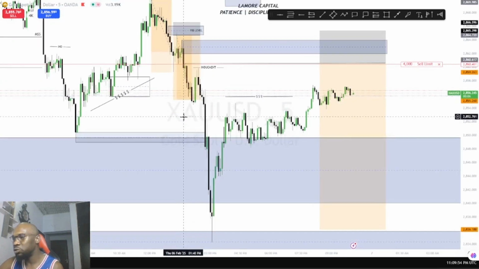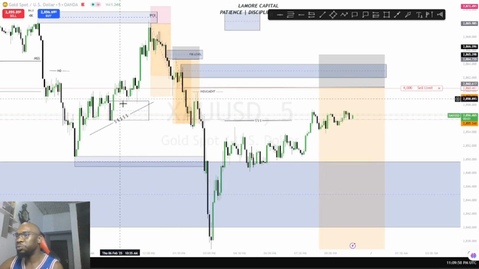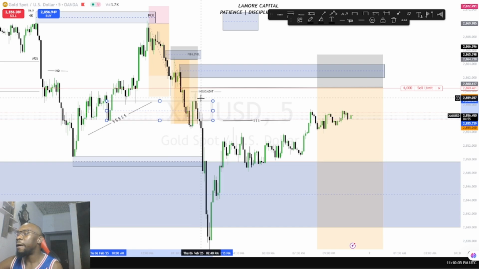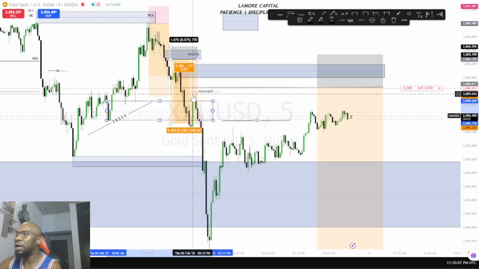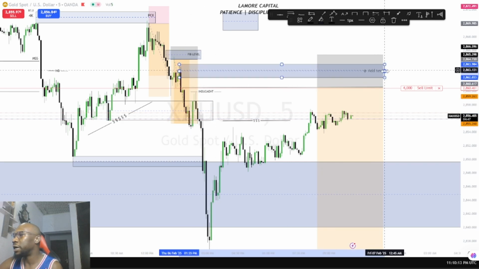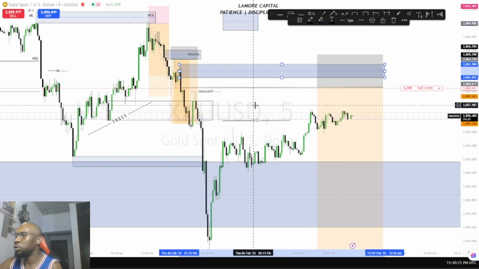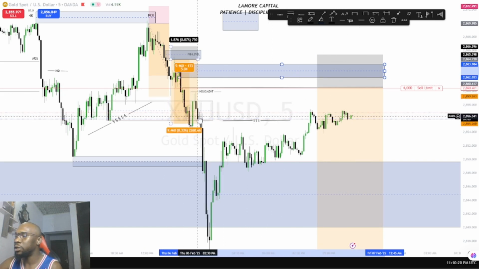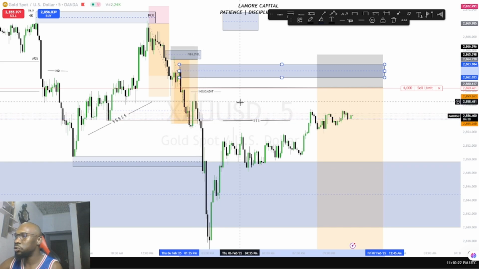And what did the market do? The market came for the whole entire liquidity. But trust me, this particular line that I drew here, I expected the market to create a little bit of inducement for this particular order block here. I didn't know that it wasn't going to play as planned, so I actually hit a little stop loss from here.